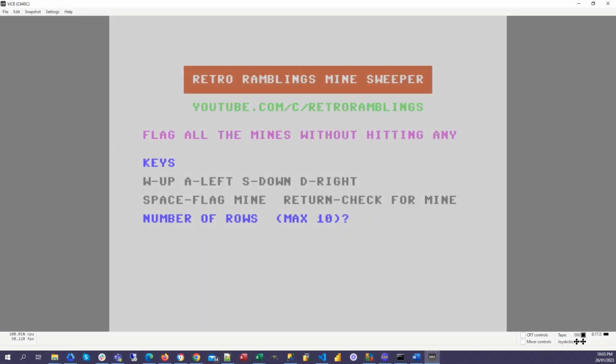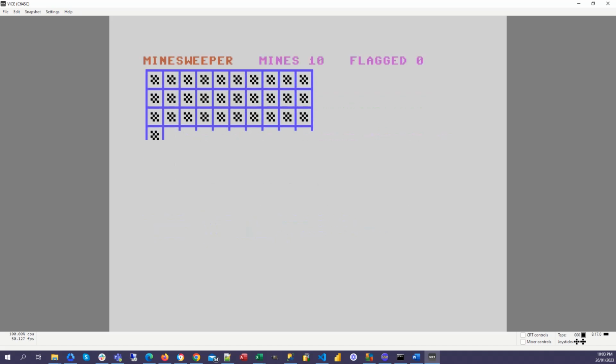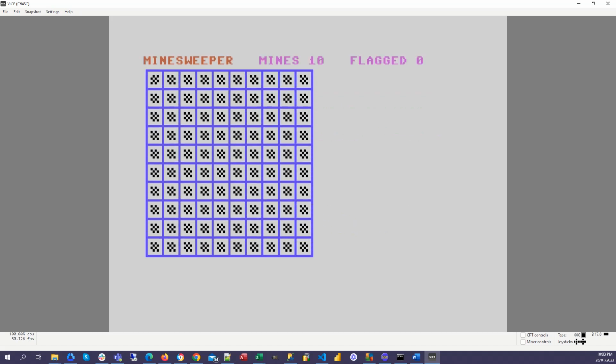Okay, let's start with a quick overview of the game. So we've got a maximum of 10 rows. Let's go 10, keep it simple, we'll go for 10 columns as well. Let's say 10 mines, and there's our grid. And the keys to play the game are the return key,